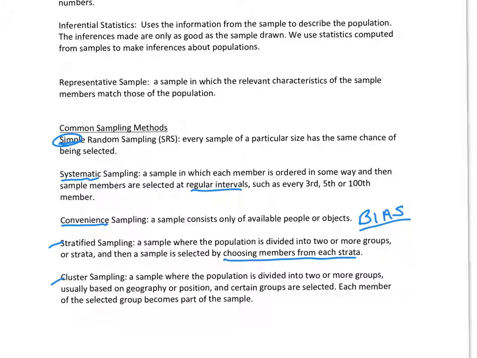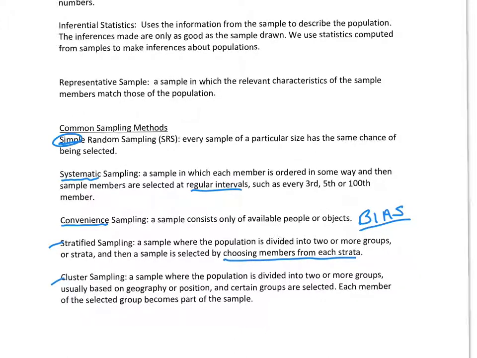If I know I have twice as many freshmen as I do sophomores, I don't have to have the same number in each. I could ask 200 freshmen and 100 sophomores if I think that's what the relative population is. But if you're going to do that, you want to make sure you have a reason to not make those groups equal. When you have a cluster, you do want that actually based on some geographic location, a physical